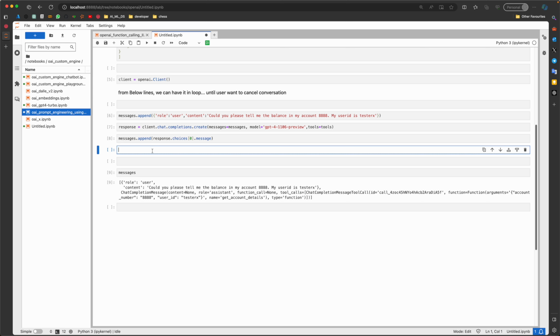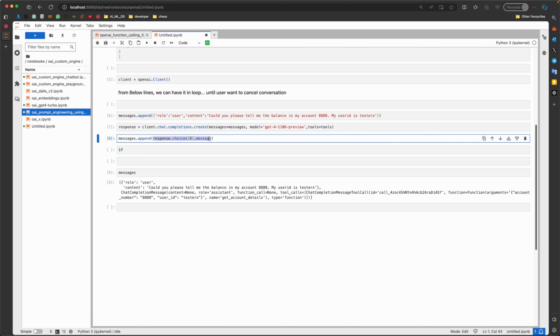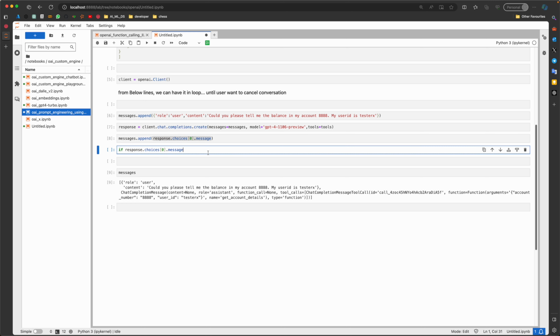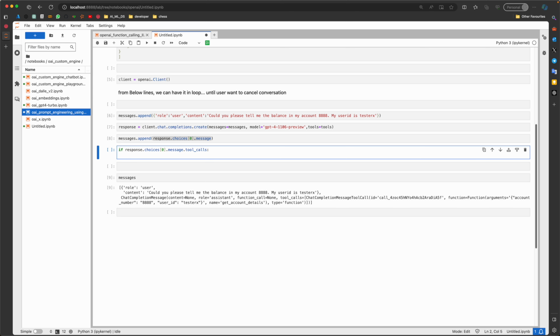Let's do it here. So if response.choices[0].message.tool_calls, then because it's a list, there can be multiple functions that need to be called, right?